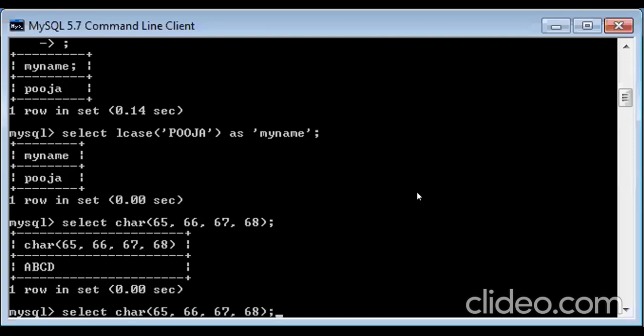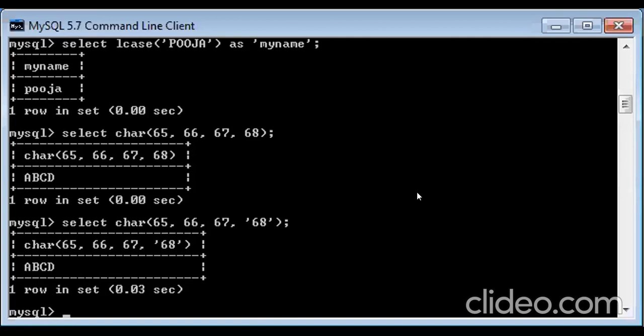But since the second statement says that strings in numeric format are converted to a decimal value, what does it mean? If I put it like this, in quotes, that is our string format, would it matter? No. Even if you pass a string there, it would definitely be converted into your ASCII characters.